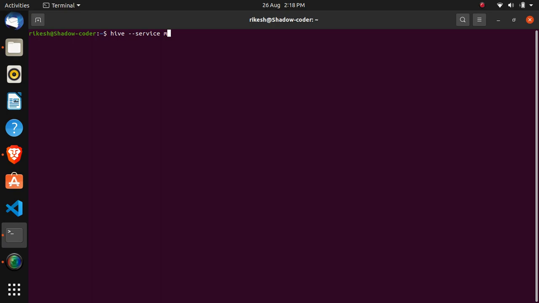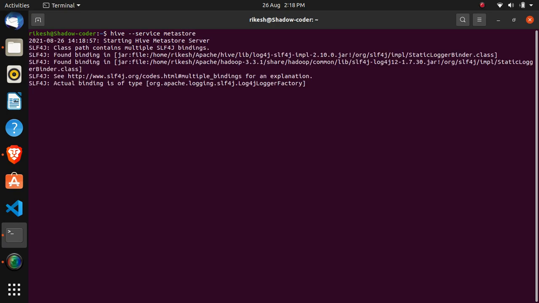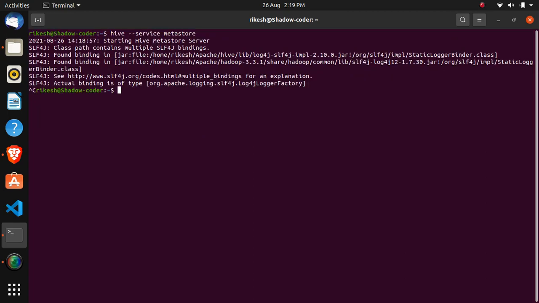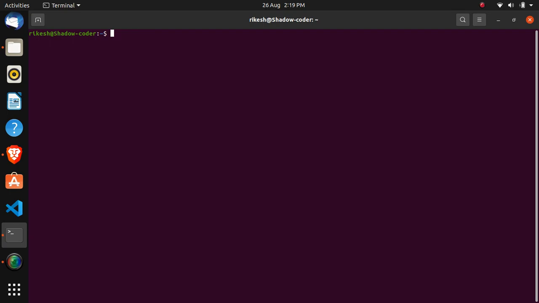See if it's running or not. Metastore, just check is it running well or not. So yeah, it's running well. Okay, it's running. So just clear your screen after exiting, and then now what we have to do is we